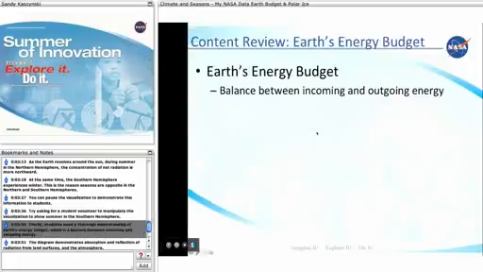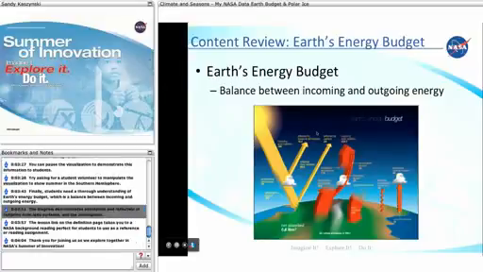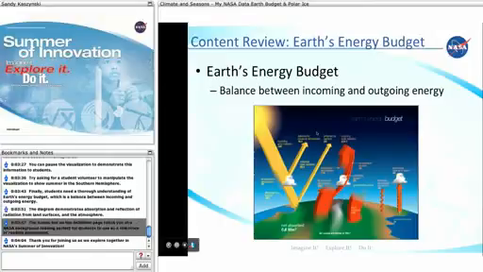Finally, students need a thorough understanding of Earth's energy budget, which is a balance between incoming and outgoing energy. The diagram demonstrates absorption and reflection of radiation from land surfaces and the atmosphere. The lesson link on the definition page takes you to a NASA background reading perfect for students to use as a reference or reading